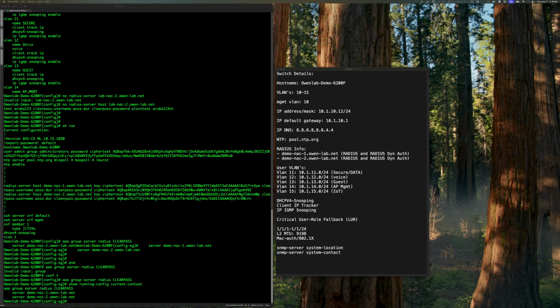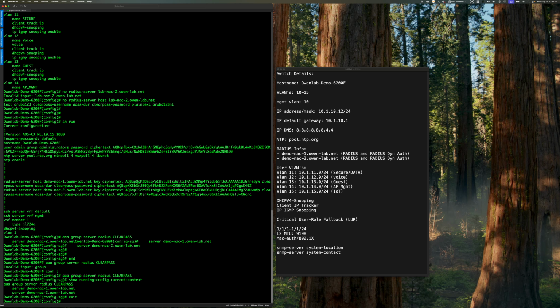The last part of this is what we call dynamic authorization. Another term for that is CoA, or change of authorization. This allows the ClearPass box to send a request to the switch to bounce a client, or to terminate a session, or to do something once a certain action occurs. Why that's important is things like wired guest. If you're doing wired guest, you have to have something kick the client off the network to bring them back through the authentication process now that the user is logged in. That'll be part of a different video that I do later. So what we actually have to do